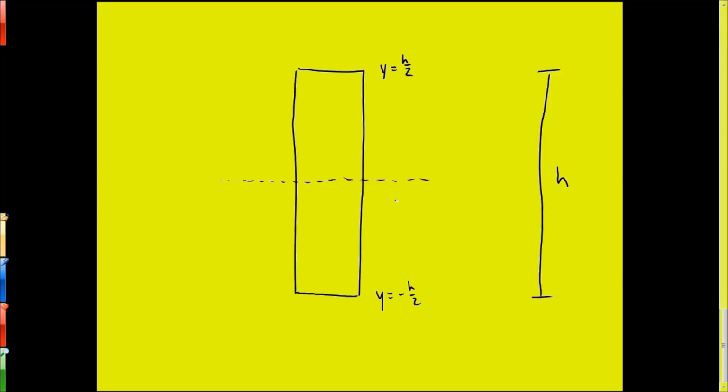And we'll apply a moment of strength M to one face, and in order to maintain equilibrium, we'll apply a moment of strength minus M to the other face. When we do this, we expect that the top